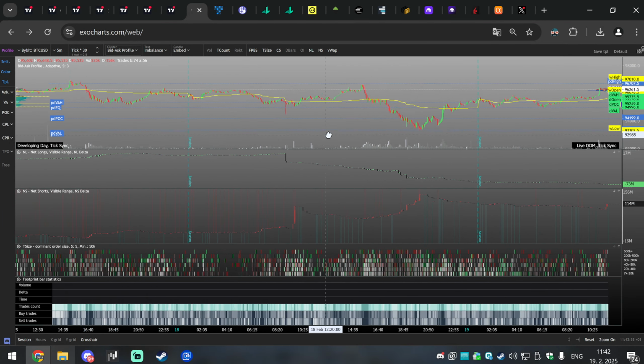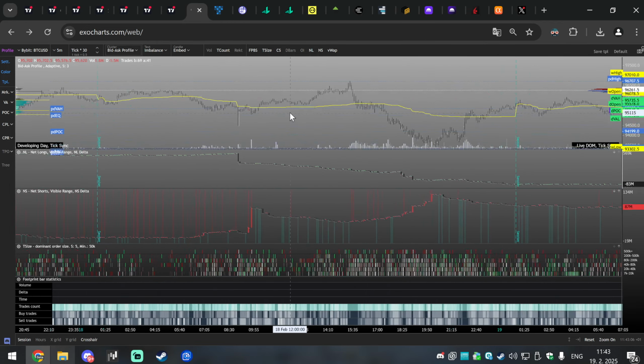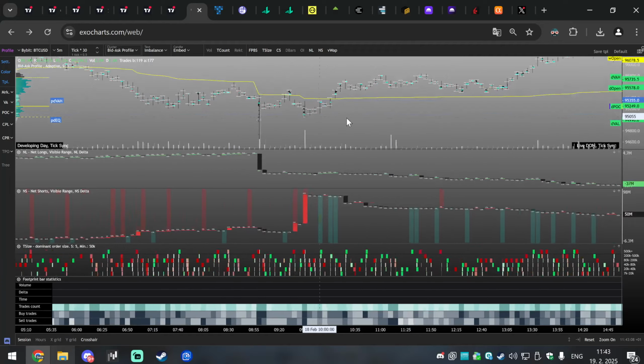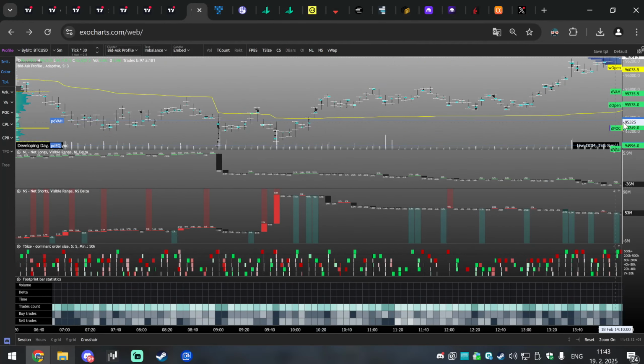He can still be squeezed later, because we still have this massive open interest build up from shorts. We just need to go way higher. We need to go above this high and further, and then you will see another big short squeeze into the New York session. So that's one of the premises for today. But yes, very, very interesting development. I always like to have shorts into the lows.